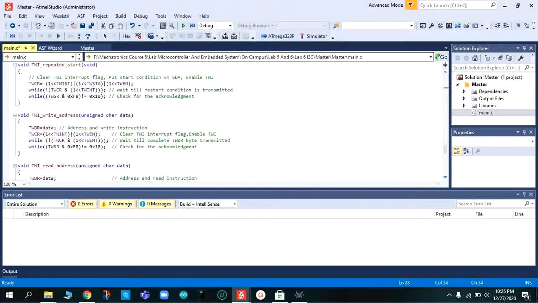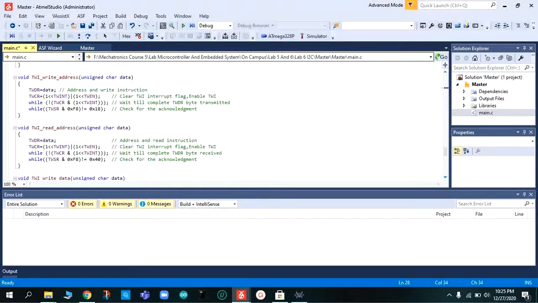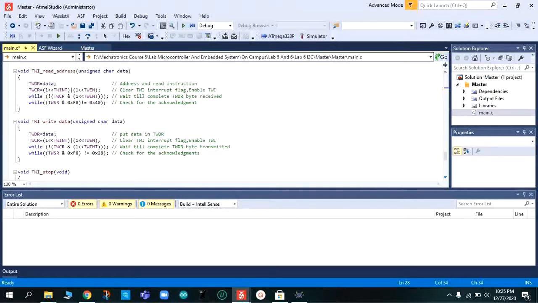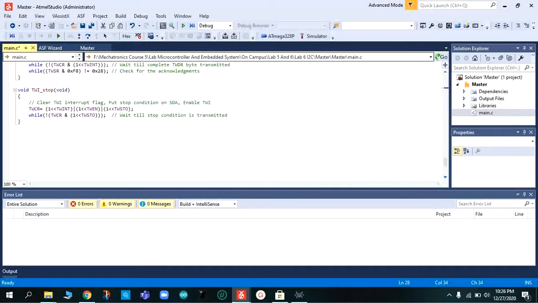Now there are address and write instructions. We put data in TWDR, clear TWI interrupt flag and enable TWI. Wait till complete TWDR byte transmitted. Now clear TWI interrupt flag, put stop condition on STA and enable TWI.